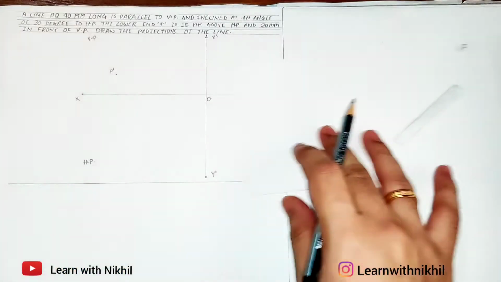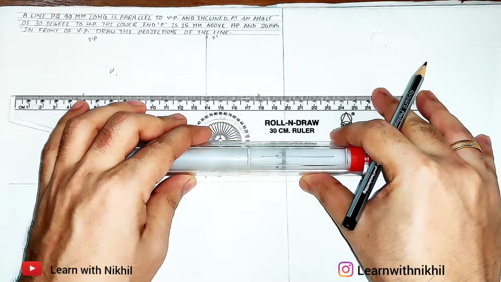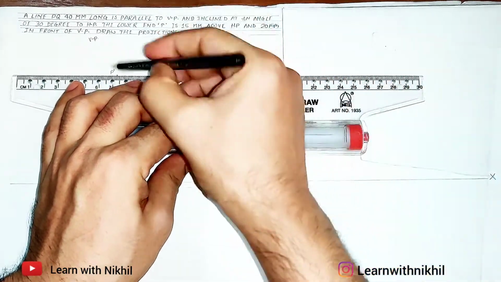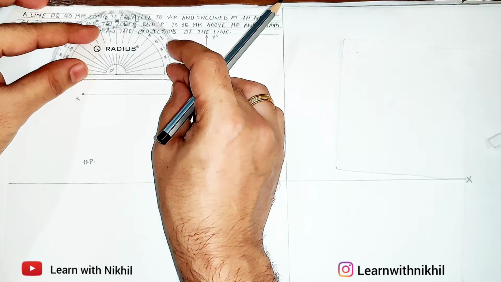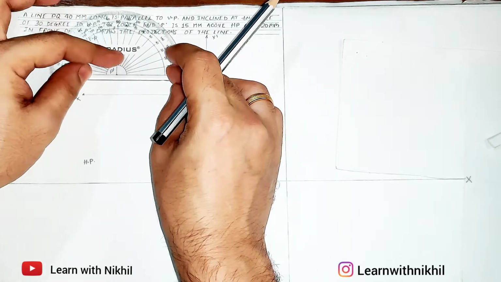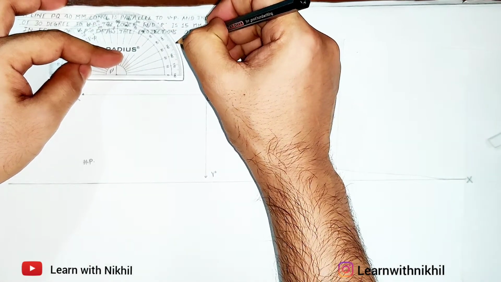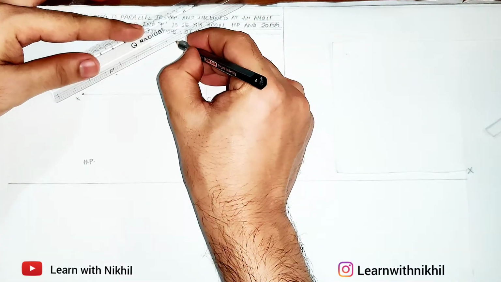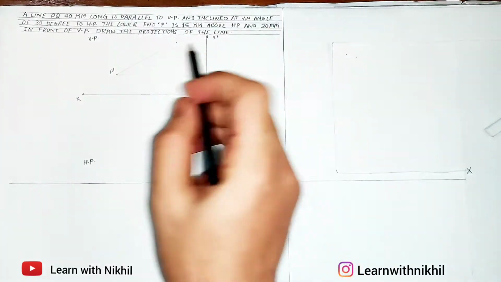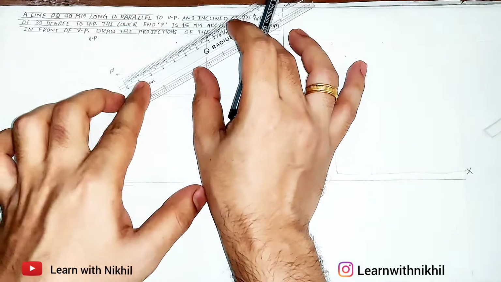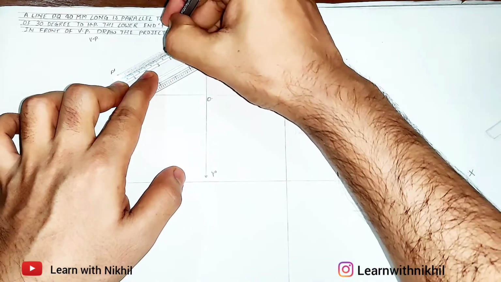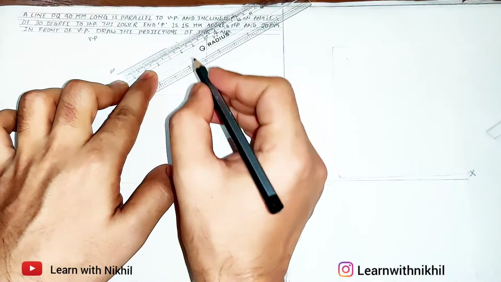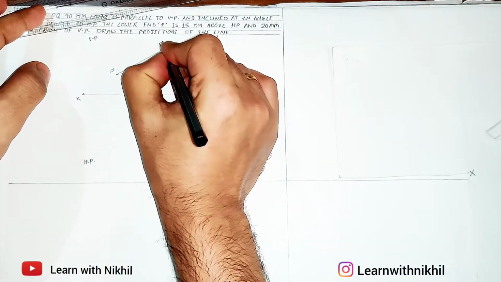Now we have to draw an angle of 30 degrees as it is inclined to the horizontal plane. So I'll draw a straight parallel line, and through that line I'll draw an angle of 30 degrees. This is 30 degrees, and join this lightly. Now length PQ is 40 mm. So I'll mark the distance 40 mm and make it dark. This distance is called the true length or the actual length, that is 40 mm. This will be Q dash.